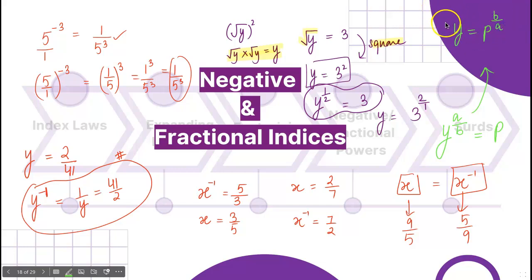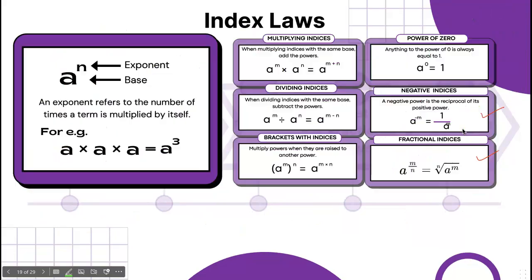So this you can keep as a concept: if y to the power a over b is p, then y will be p to the power b over a. It's going to be helping you really a lot. You'll see once we sit to discuss past paper questions right after the discussion of content today, this concept is helping you really a lot. So you can just take a note of this. I would suggest you copy it down. Okay, now let's get started.